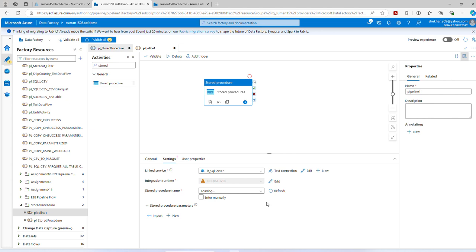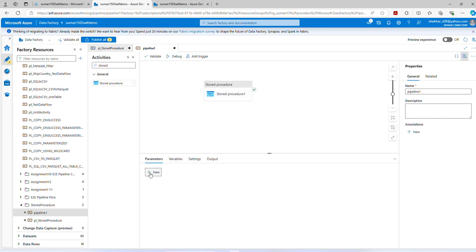Again, it is asking for the stored procedure name. Yeah, it is loading. It will show you all the stored procedures that exist in your Microsoft SQL Server, right? As we have created this SQL stored procedure, I will select this. You have another option too: one option is to scroll and select any of them; the other is to cancel it, enter manually, and go into the parameter,